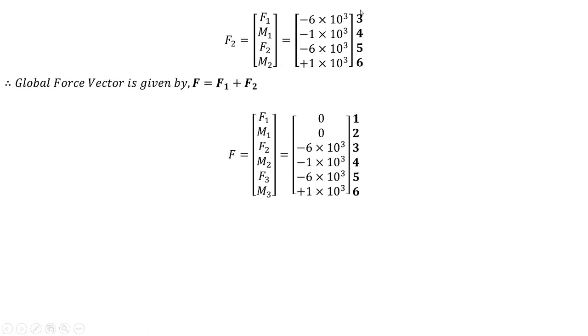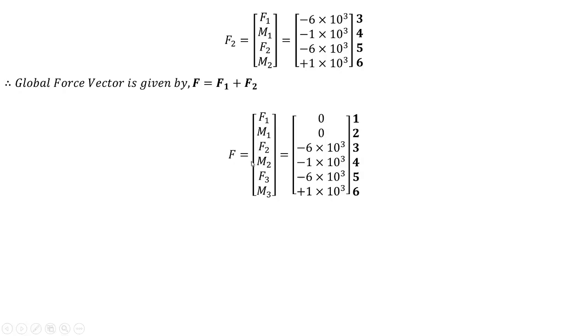Anyhow, I have 6 displacements, therefore the global force vector will be a 1 cross 6 matrix. So that is what I have mentioned here. So this is F1 M1 F2 M2 F3 M3. This is the notation I have followed here. So here F1 M1 are 0, and for F2 M2 I will be having two values, because node number 2 is common to both element number 1 and 2.